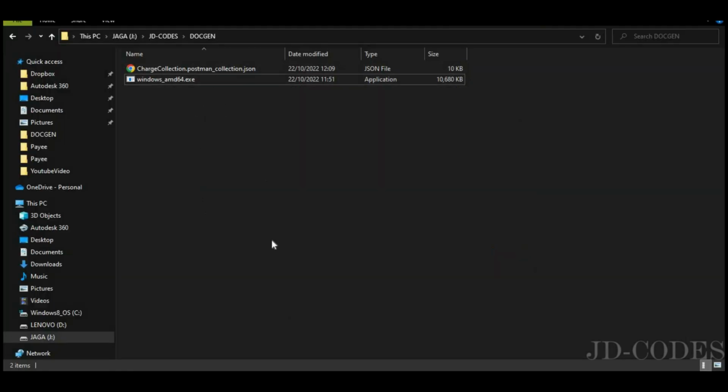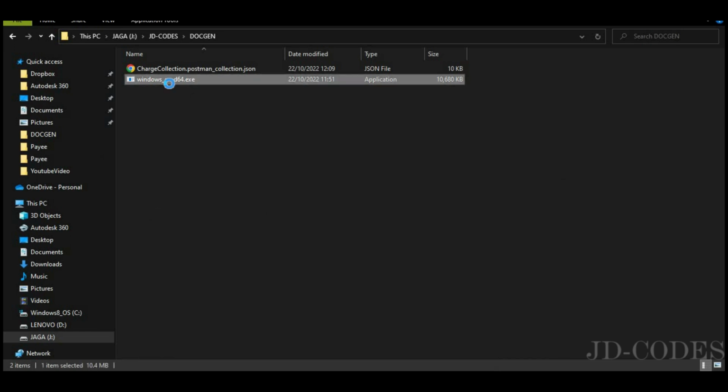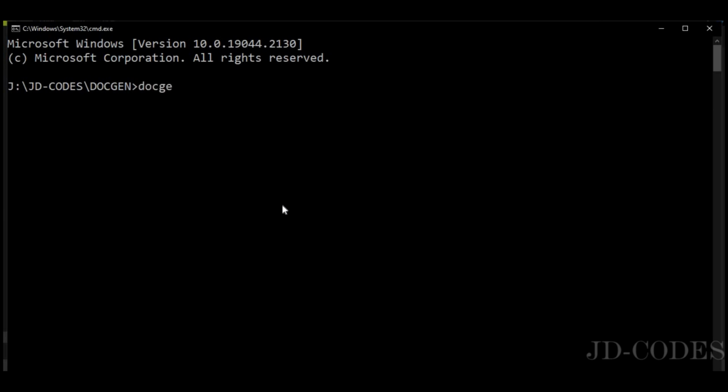So now to generate the API documentation, we should open the command line. Make sure the command line is in the same folder where this Docgen executable file is available. This file. I'll rename this to make it convenient for us. Docgen. Okay. Now to generate the documentation, we have to write this command: docgen build -i and our API.json file name, -o and our path directory